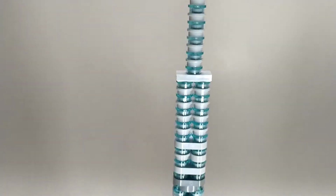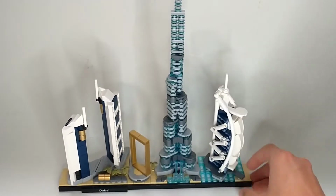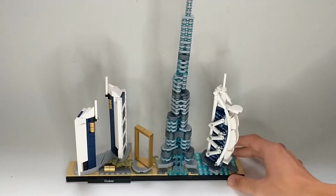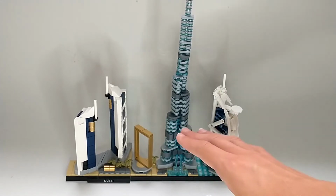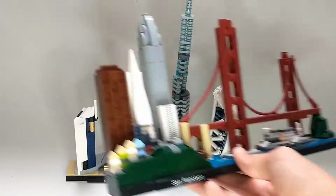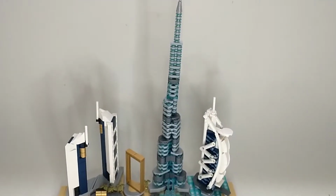Taking a look at the Dubai skyline, I personally like the whole look of this and the whole color scheme a good bit better than the San Francisco. I think that's just a personal preference, but I love how the tan and the light blue and the white and the dark blue and the gold all go together very well, versus the San Francisco, where it's a little bit more jumbled and messy. This is a little bit more clean and polished, and I absolutely love the color scheme on